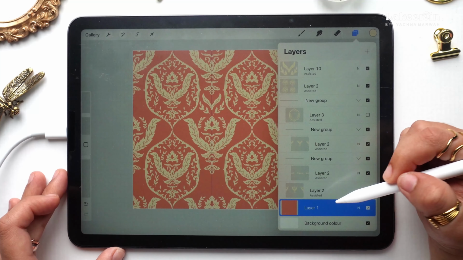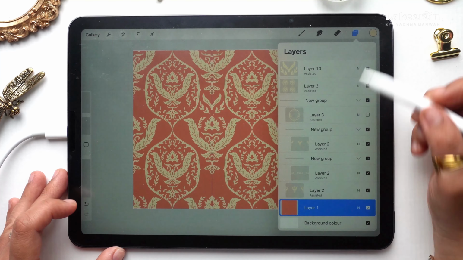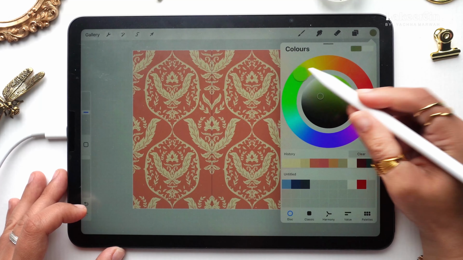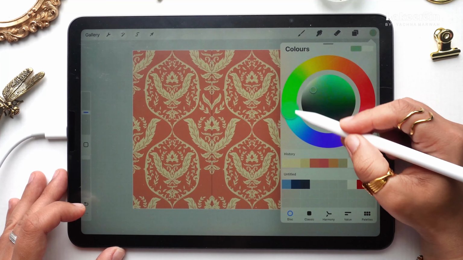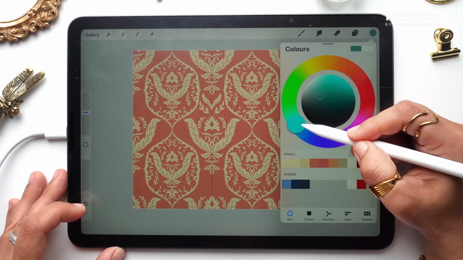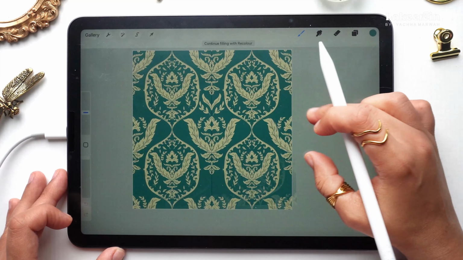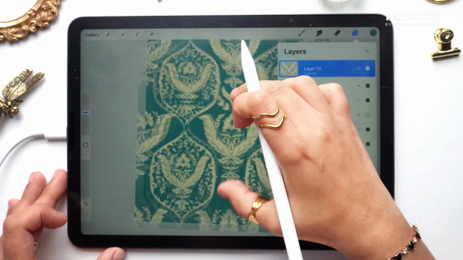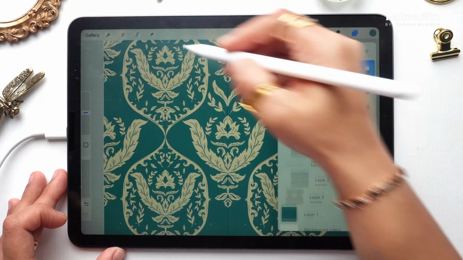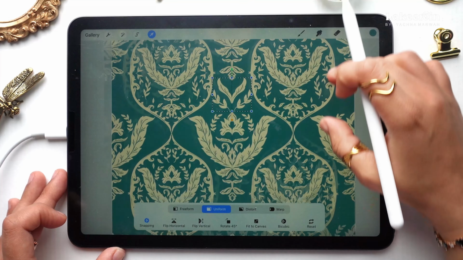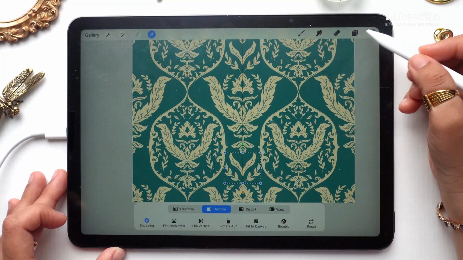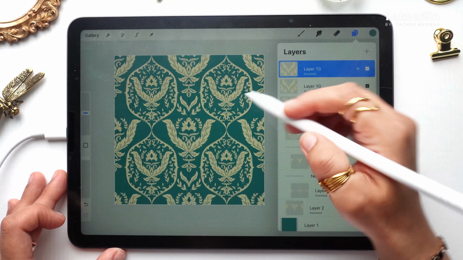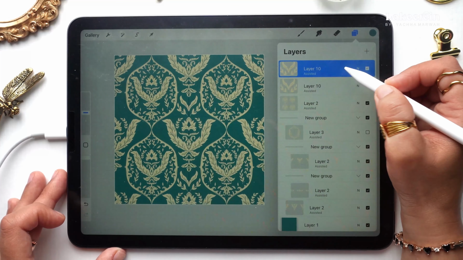Similarly, if you wish to actually change the background color, you can go to the layer number 1. If you wish to have a dull green, any other color, a desaturated gray, a blue would also look really nice. So maybe you can take the blue and drag and drop, so it will look really, really nice. I think this part which we created here at the center, maybe I can duplicate and go to the arrow and put it here as well, so that it starts to look more detailed and everything. And similarly, you can also put it on the sides if you wish to.